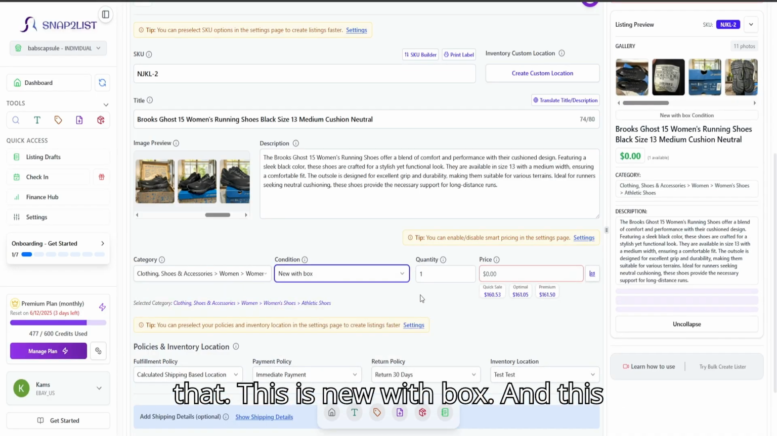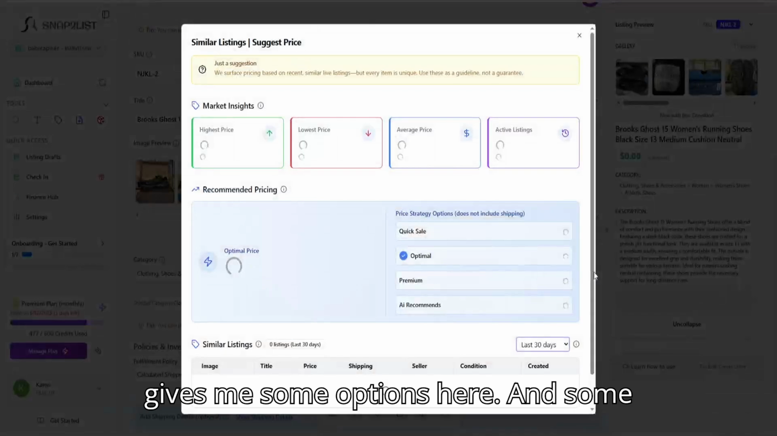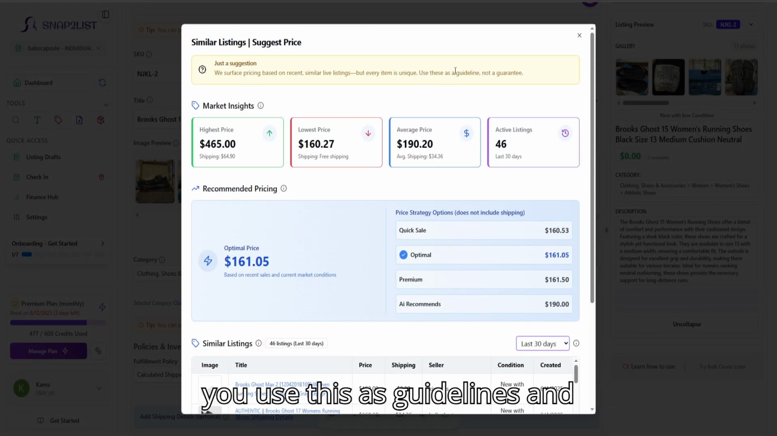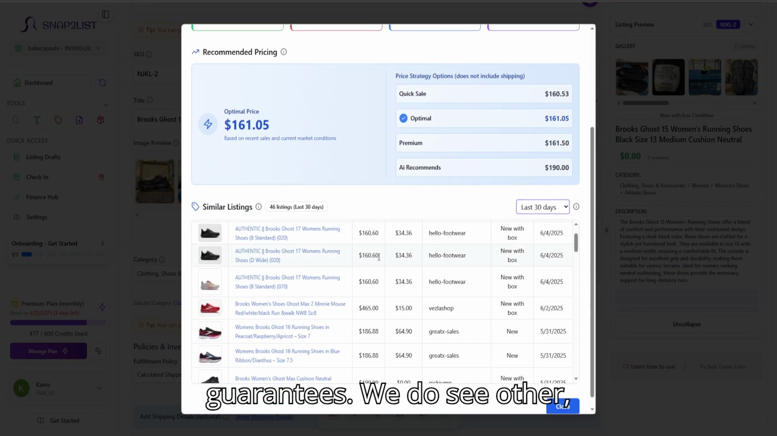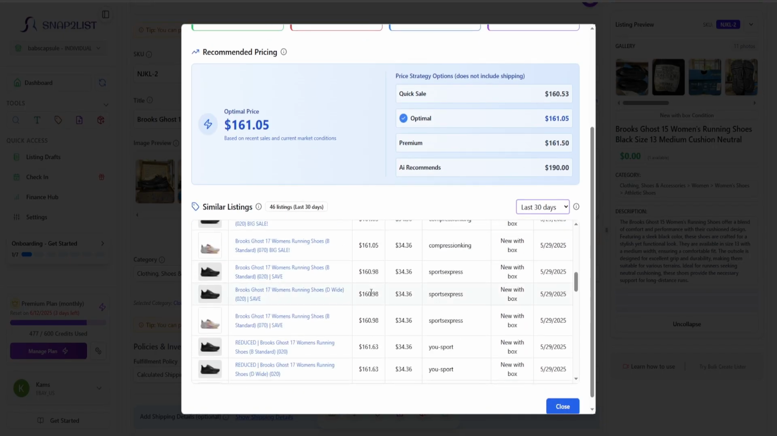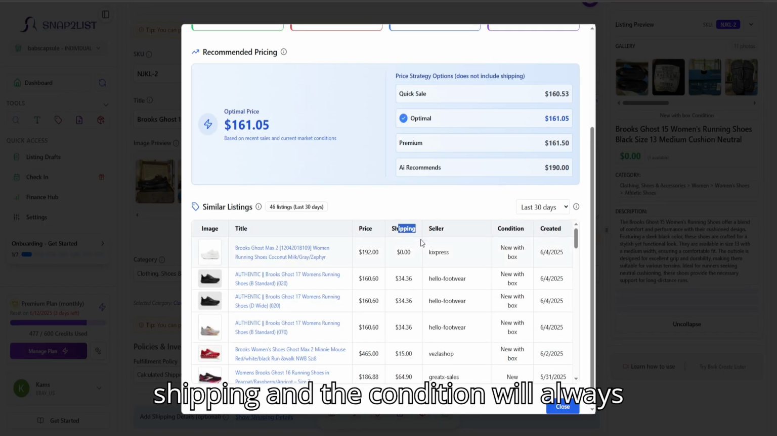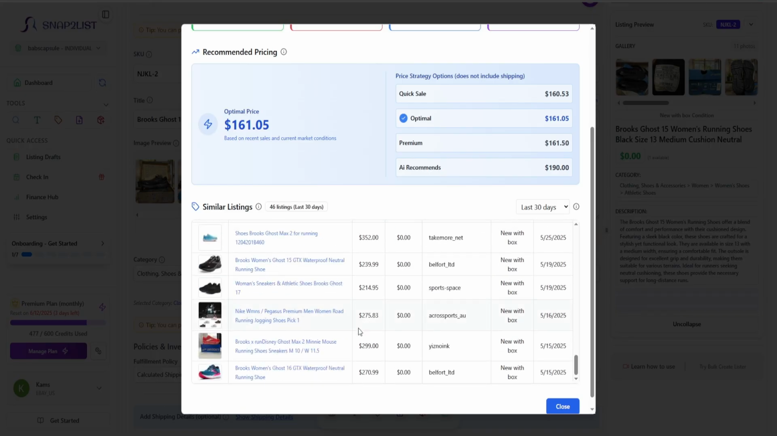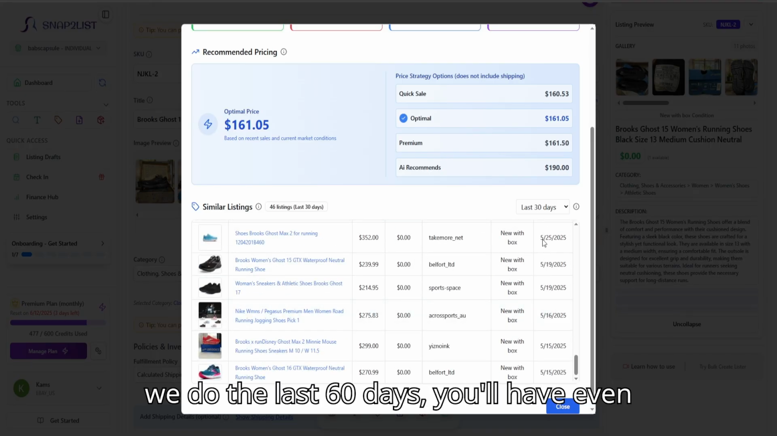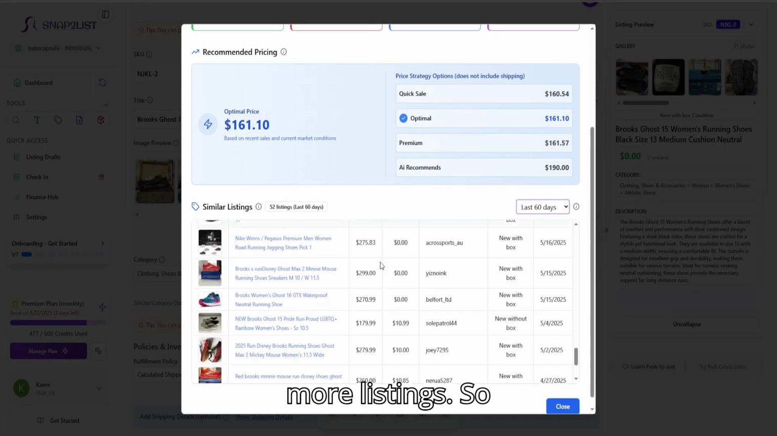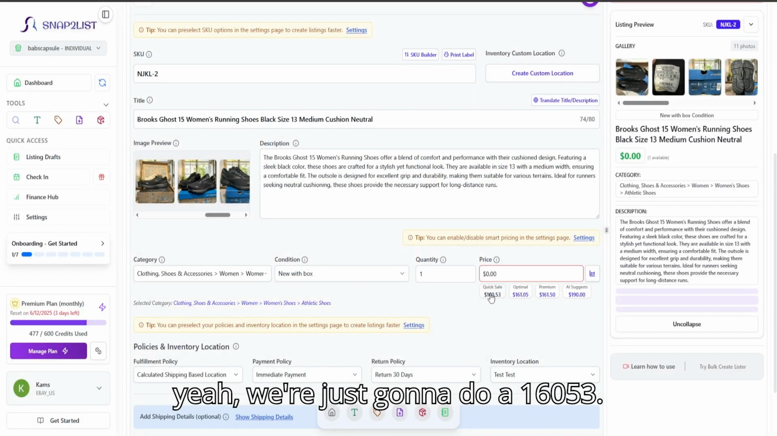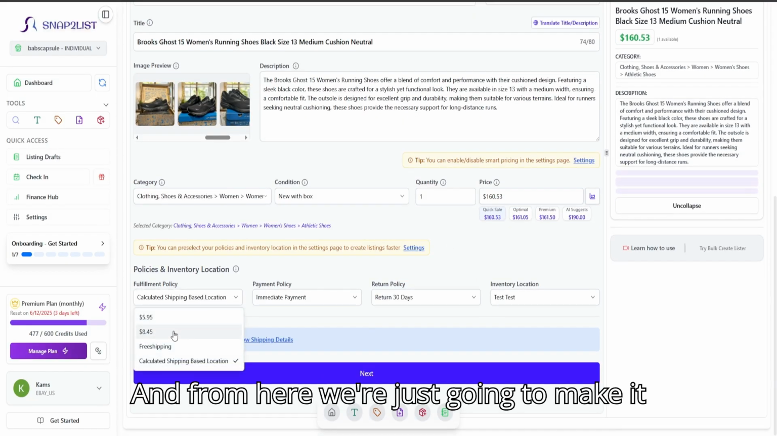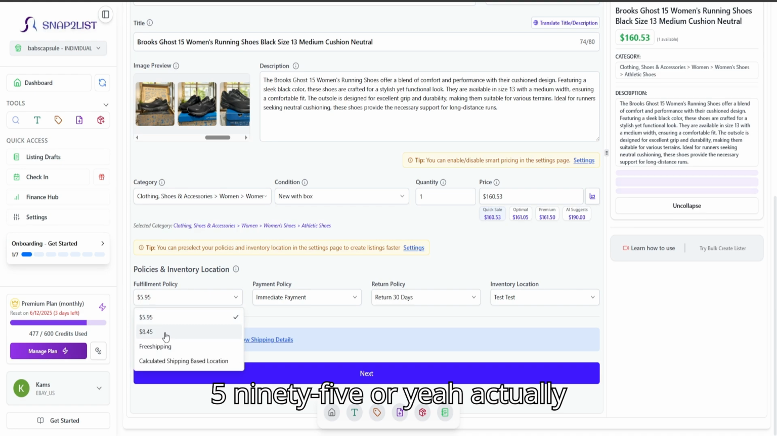This is new with box, and this gives me some options here. There's some suggestions, and we just recommend you use this as guidelines, not guarantees. But we do see others with the price and shipping, and the condition will always match the condition that you choose. So it's really the last 30 days. So if you do the last 60 days, you'll have even more listings. So yeah, we're just gonna do it 160.53, and from here we're just gonna make it 595, or yeah, actually